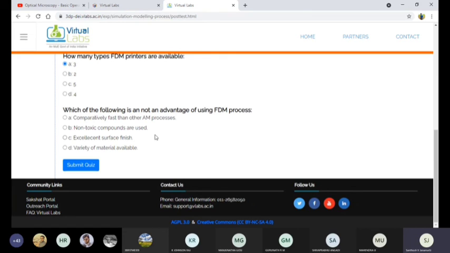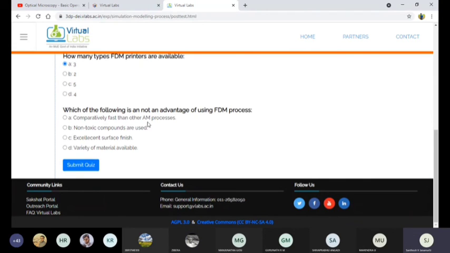Which of the following is not an advantage? Option A, sir. Yes, comparatively faster than the other process.